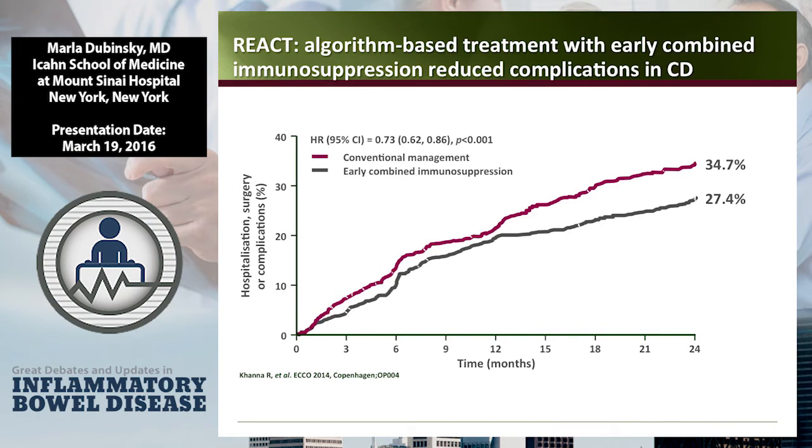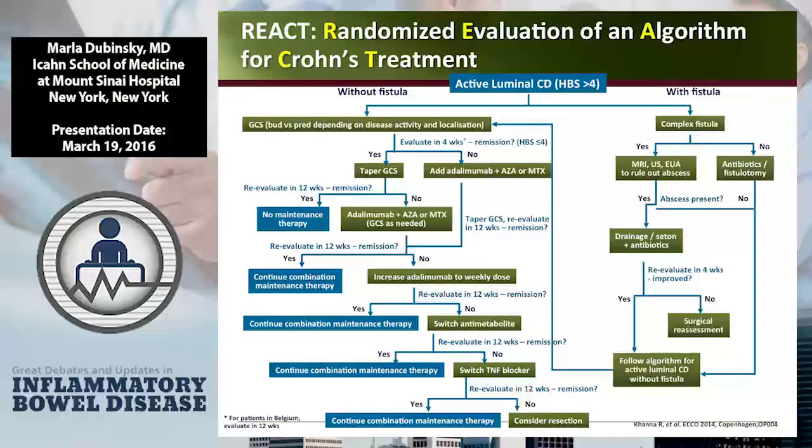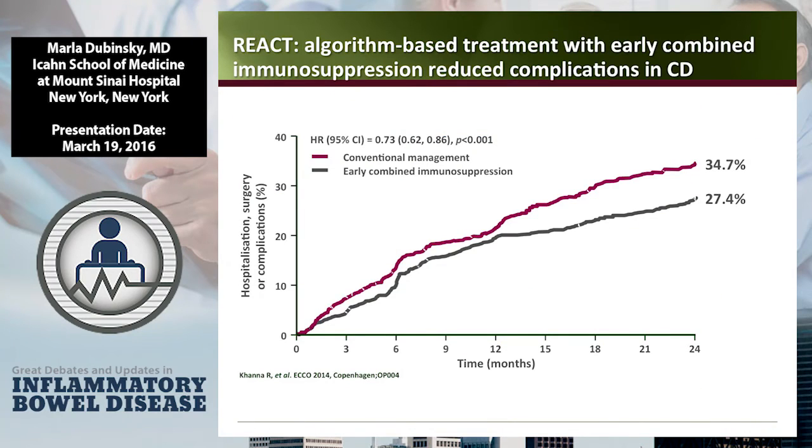Now, the REACT 2 trial realized that, hey, using Harvey Bradshaw is not the way to define whether or not tight control is important. What they're doing here, instead of asking, are you feeling better, Mrs. Jones, is looking at CRP, calprotectin, and colonoscopy every 4 months, and adjusting therapy based on an objective measure. So you could imagine that these lines are going to be very wide apart when you start using objective measures to keep a patient in tight control.